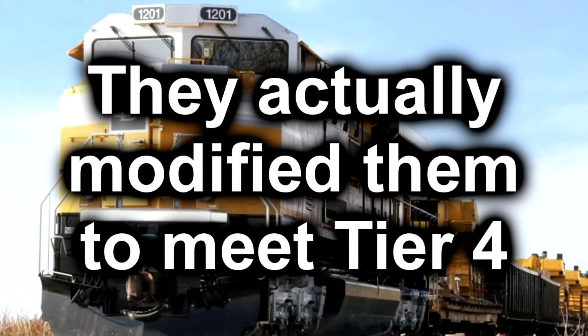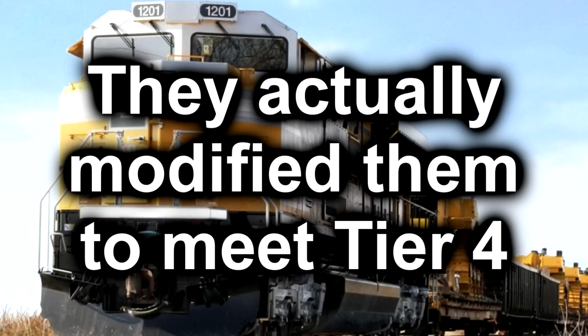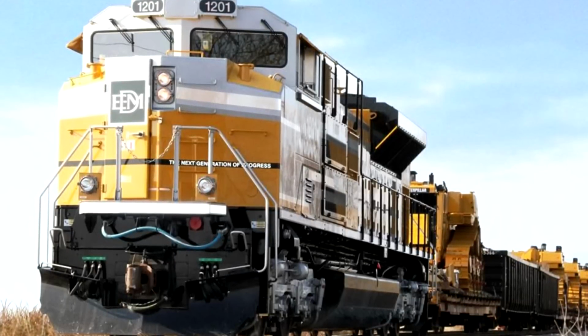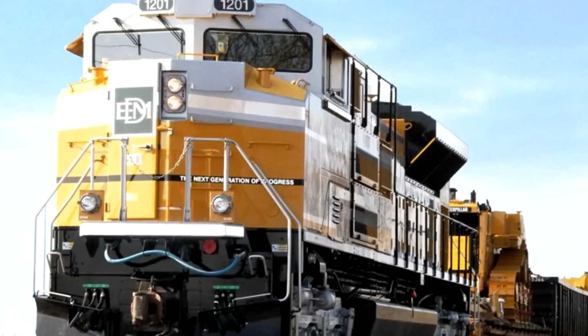And from a mechanical perspective, they did function. Like, they could move around. The engines were fine. The problem was, well, partially the engines technically, but also the cabs. For one thing, they were nicknamed Thunder Cabs by railroaders. Because